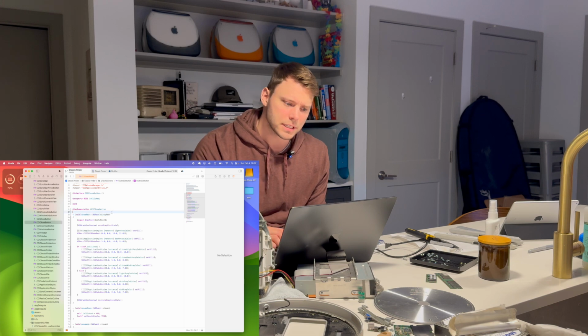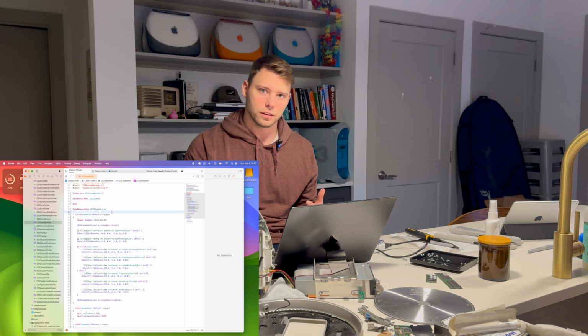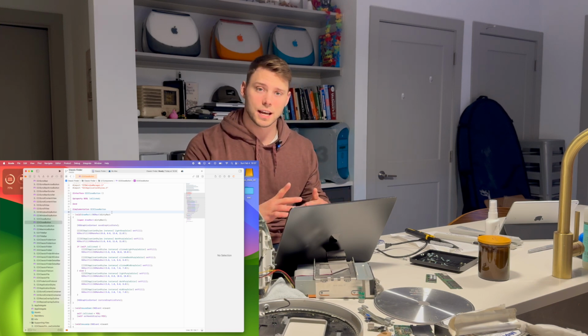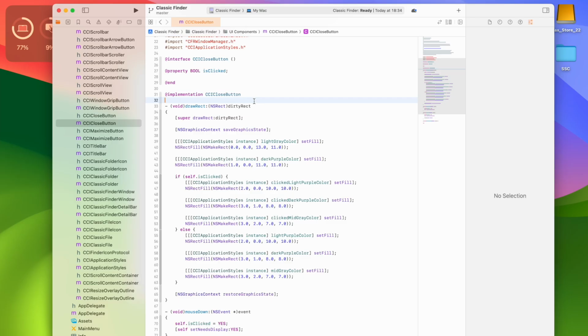And so what happens inside of drawRect is, basically it's a place where you put all the graphics code that you need in order to draw whatever you're drawing on screen inside of its little view, inside of that little area that it's in. So in this case, like I said, you're putting all of the graphics code inside of here. So in this case, I guess I'm not actually using Quartz directly. I'm using the Cocoa